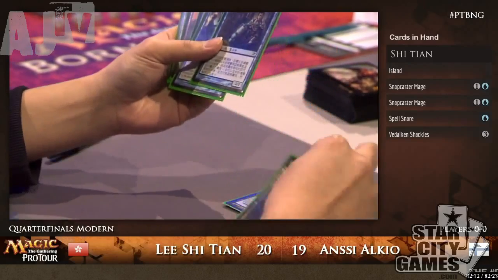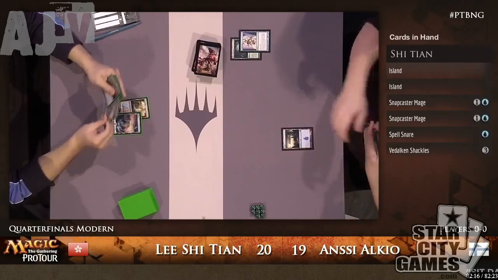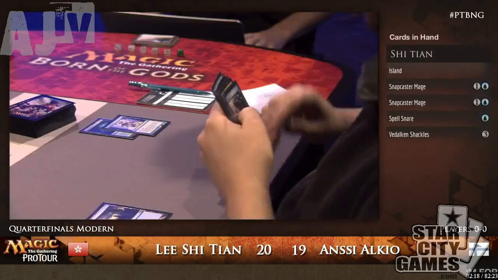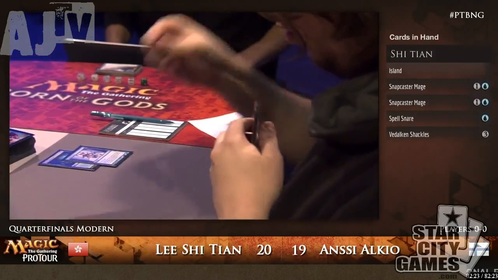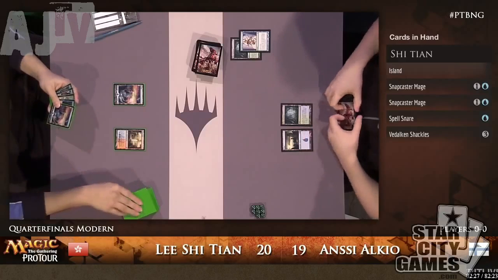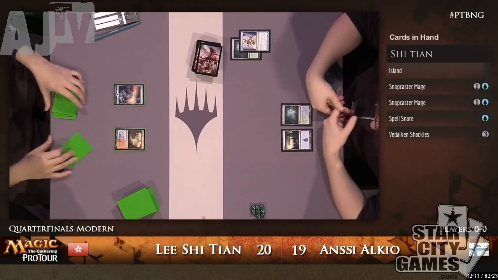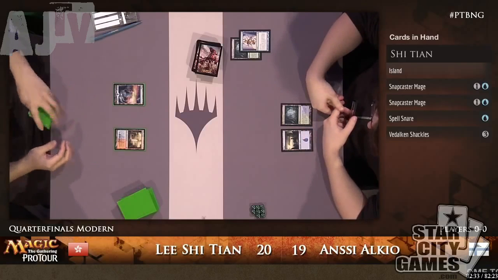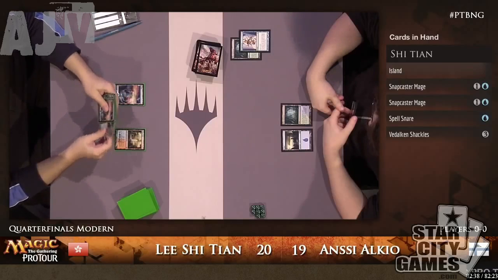So we see little draw go here. Alkio has a couple of choices for lands. He has a Sulphur Falls and a Stomping Grounds on top of his library. He chooses to play Misty Rainforest here so that if Lee Shi Tian jams a turn 3 Blood Moon, he can fetch out a basic and have access to more blue mana. Now,